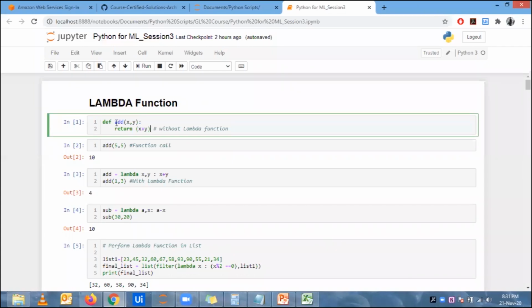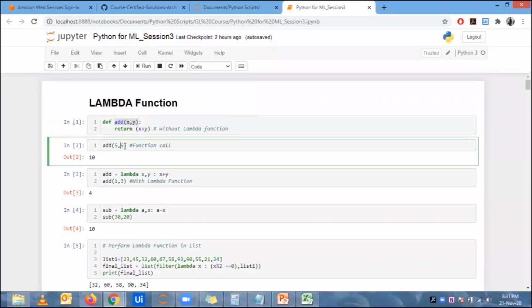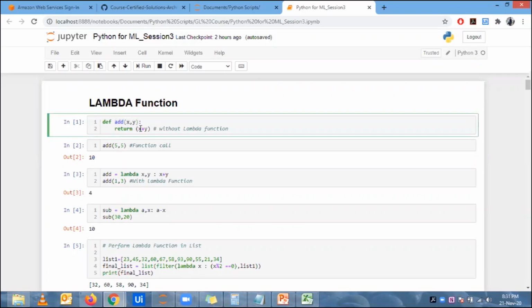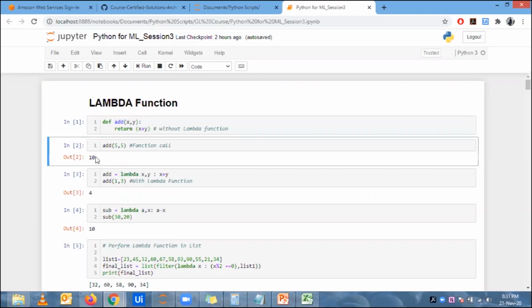So let's say I have a function and I want to add two numbers. So I say def add(x, y), and this function returns the value of x plus y, without lambda. Now, if I call this function add and pass two parameters 5, 5, it says your answer is 10, because 5, 5 is taken as input of x and y, and then we add 5 plus 5 and get 10.